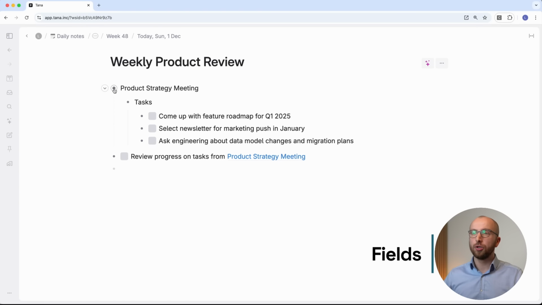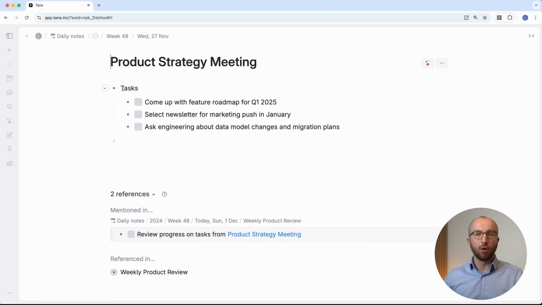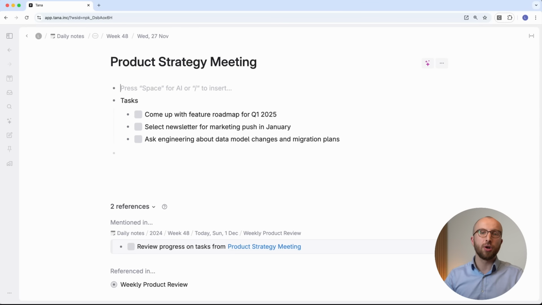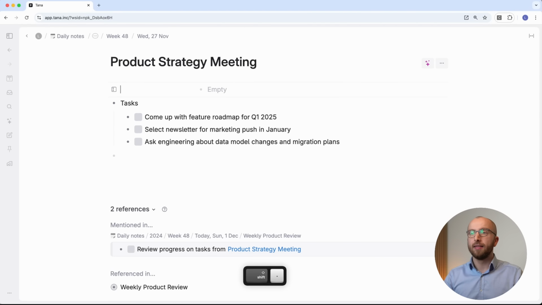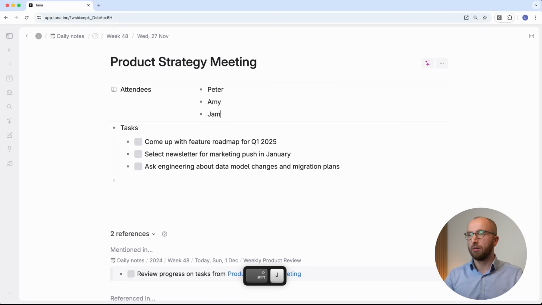We can add to the product strategy meeting node, for example, a field that records who attended that meeting. To do that, I'm indenting here a new note under the title node product strategy meeting. Then I press the larger than sign, and this creates a field. We can then name that field attendees, for example, or select from already existing fields using the dropdown. And here we can enter the name of every attendee as new note. So I can type here Peter, Amy, and James,